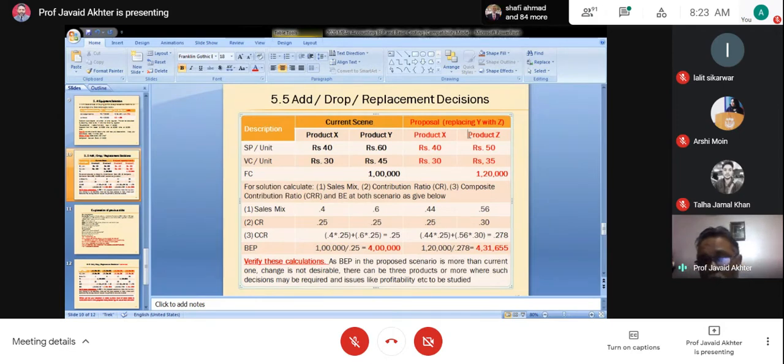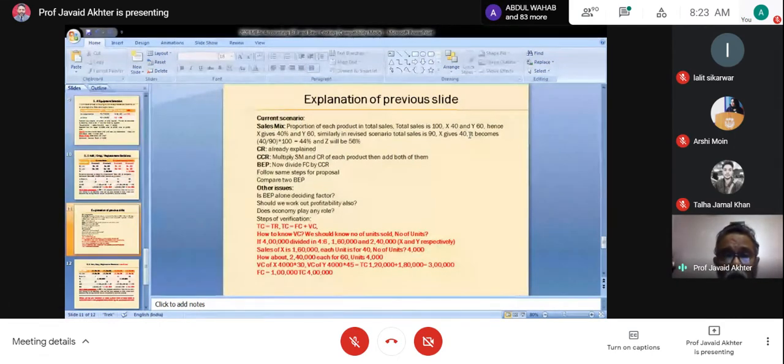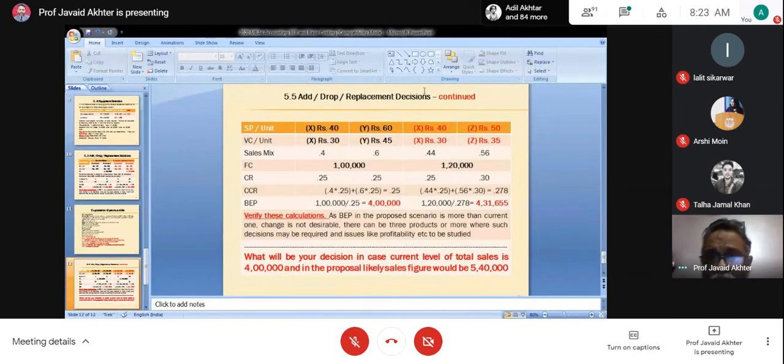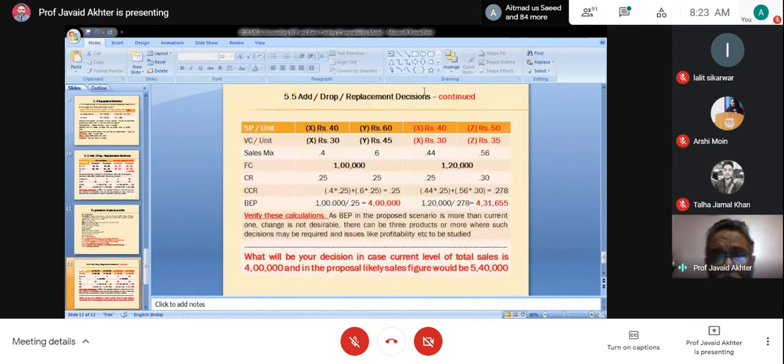Before I do that, let me know if you have any question. If you don't have any question, let me move on to all these changes that I'm making. I will mail you because you have the original one. In this, there are several changes. Now we take this. I have explained to you add, drop, or replacement. Add, drop, and replacement are exactly the same thing.